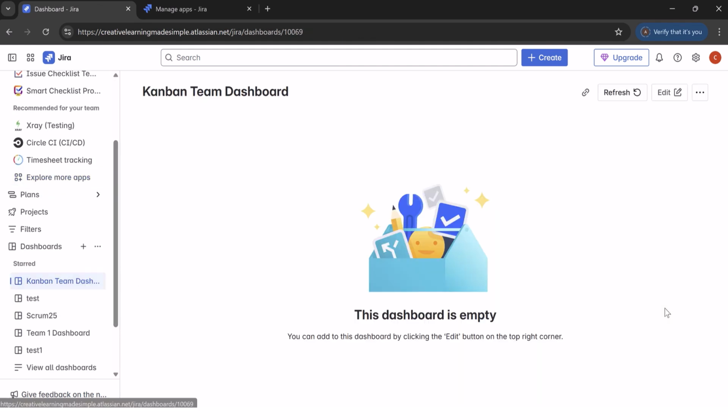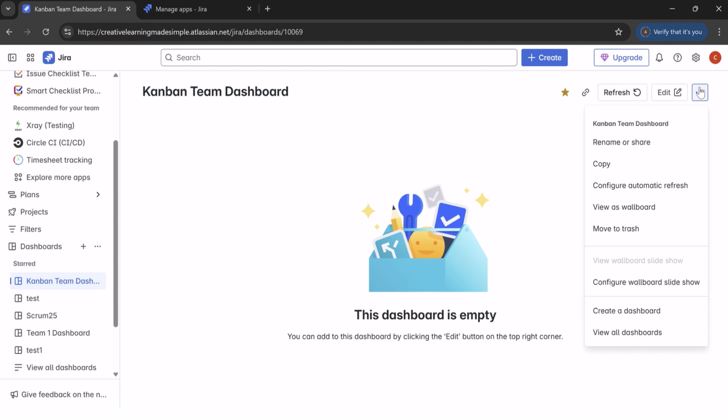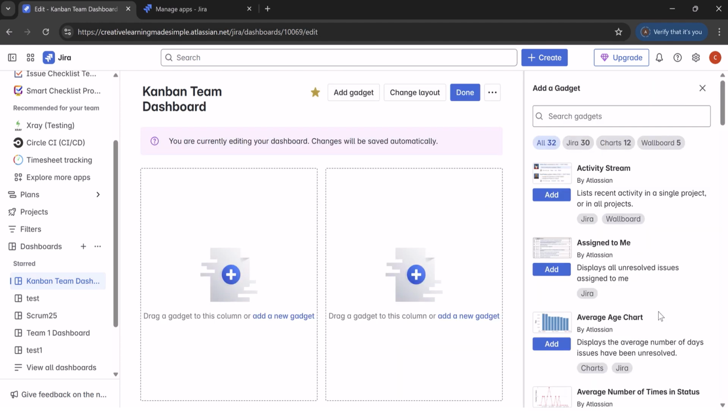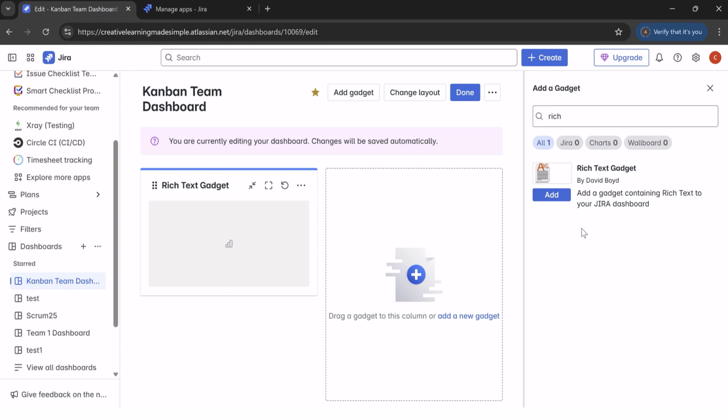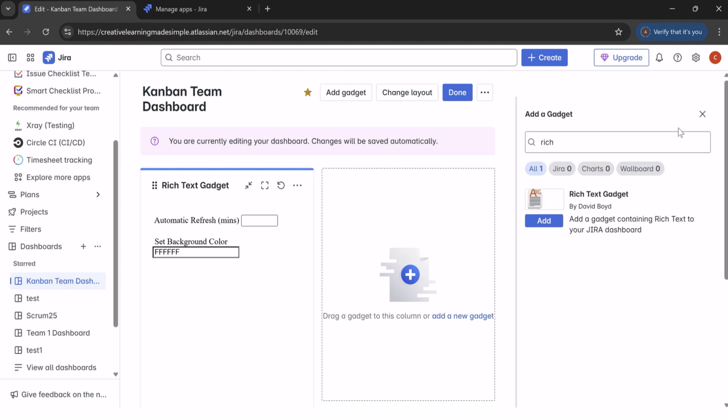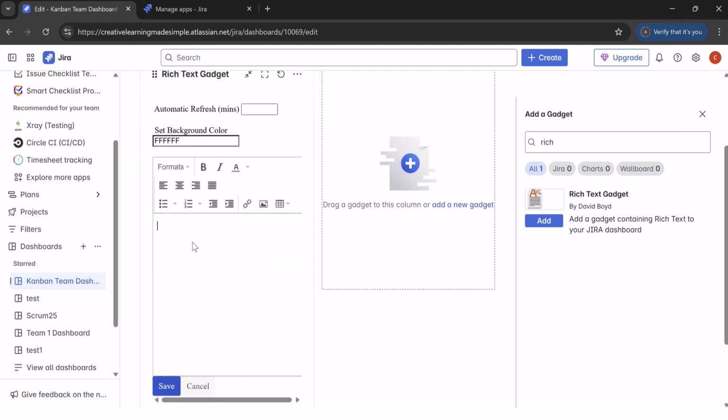So this was our team's dashboard which we had defined, and if I click on edit and add a gadget, do we have that Rich Text Gadget? If I say add, okay, so it has added it here, and so this is what we wanted to use. And now what we can do is we can simply say, let's say this is our